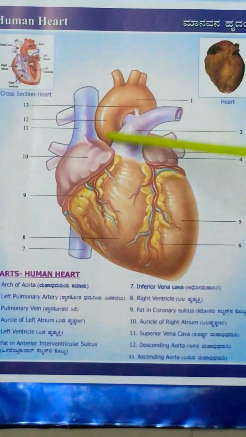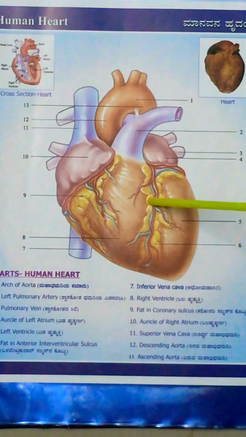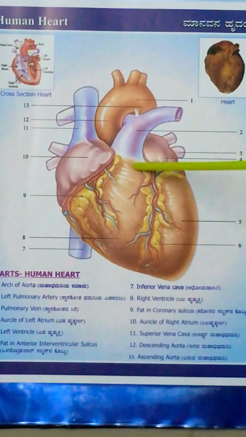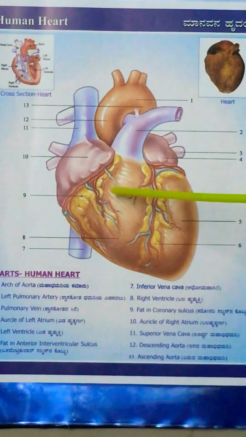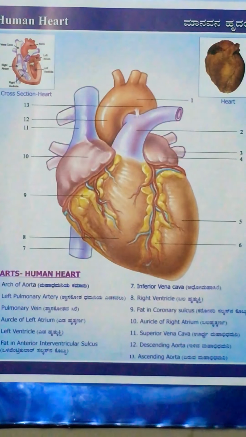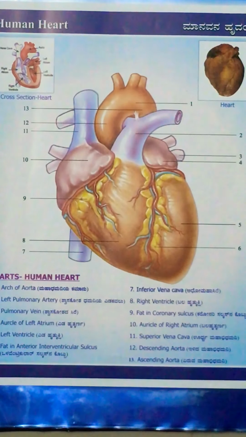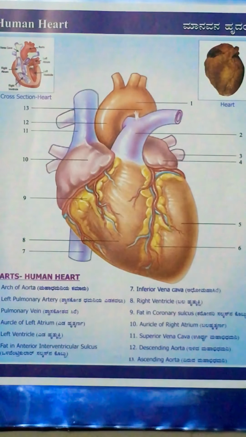In the aorta also we have valves. Once the blood is moving, it will not come back, as the valves prevent the backflow of the blood. As they are moving, there is an opening and closing of the valves, and a sound comes, which we call a heartbeat. Like this the blood will move at a time.